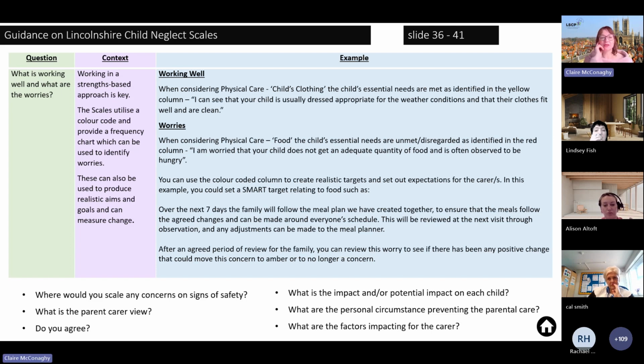So yeah, we're just using the example there around the food and the essential needs and if they're met or not. And it was just to highlight some of those examples around what do we mean when we're talking about those essential needs, and it just breaks down, so we can really measure and map out and put those SMART targets, and this is really seen as a supportive tool to help really target where our plans are going.